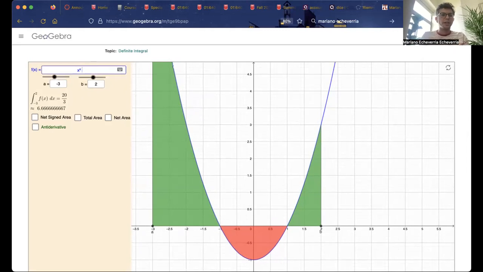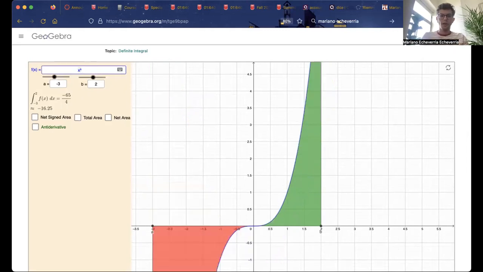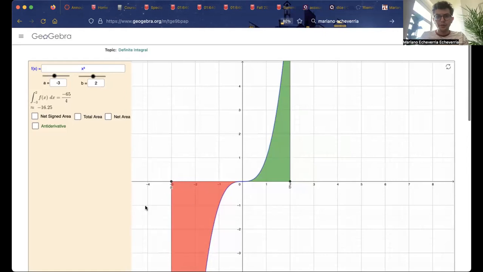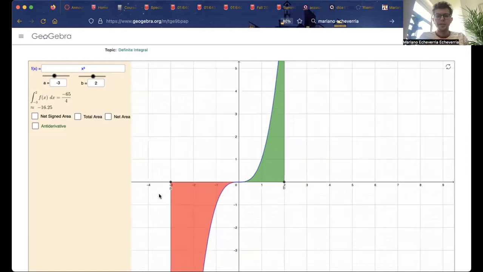You can also choose other functions. Okay, so in this case, for example, if you integrate this from -3 to 2, we'll see how to compute these values probably today, but you can show that this area